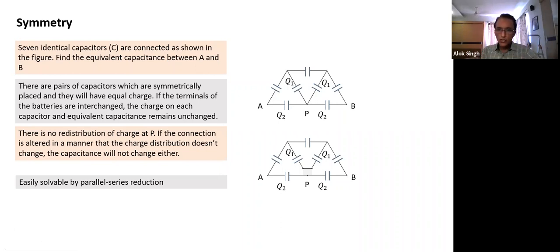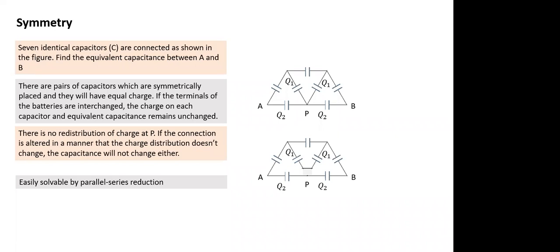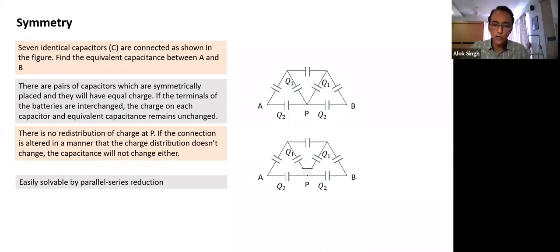So whatever charge, these two are sharing. Whenever such a thing exists, we can remove that junction. The moment we remove the junction, it becomes easier to solve. So what we have done is the reverse logic. The reverse logic we used: if two capacitors have the same charge, it basically means they're as good as directly connected. This interchange of charge is happening only between two plates, that's why they have the same charge. So if I remove the connection also, the charge distribution remains the same. Now it can be simplified. Similar logic will apply in the next case also.